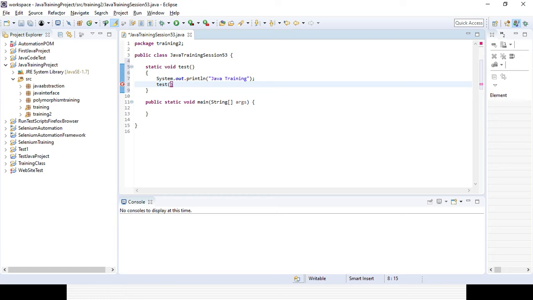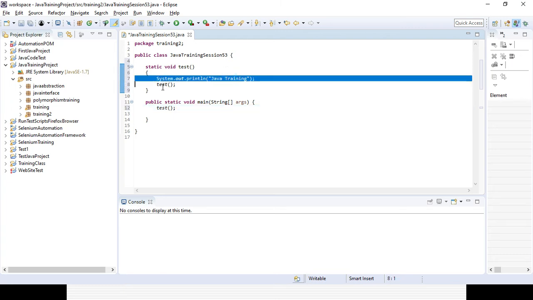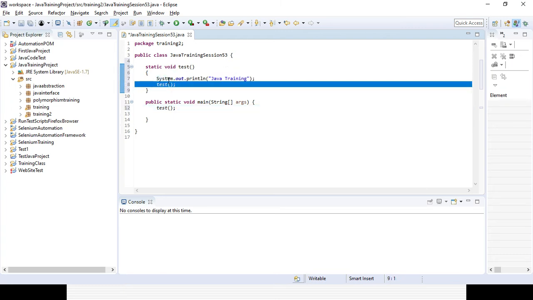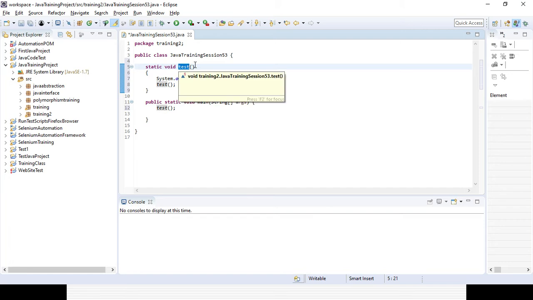Now if I simply call that method in my main method, what will happen? It is recursive, right? Because every time it will print Java training, and every time the test method is called again. That is called recursion: the method we are writing calls the same method inside itself.